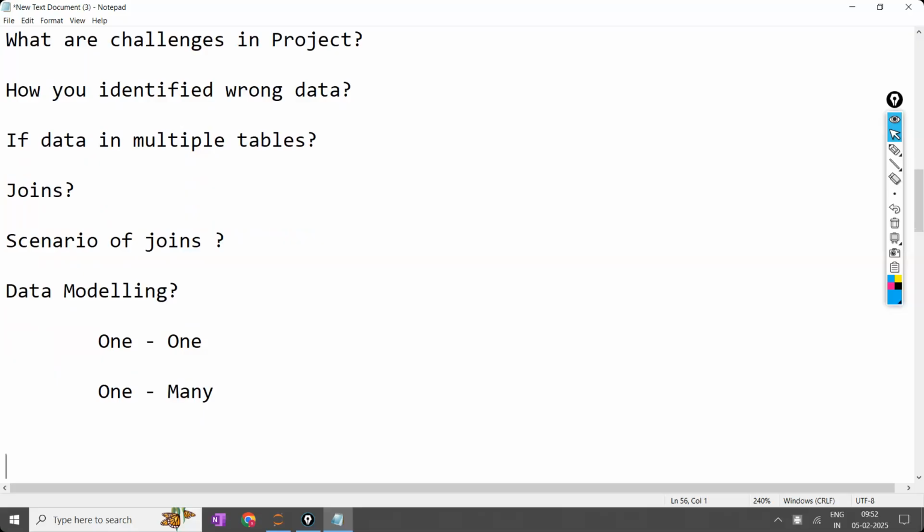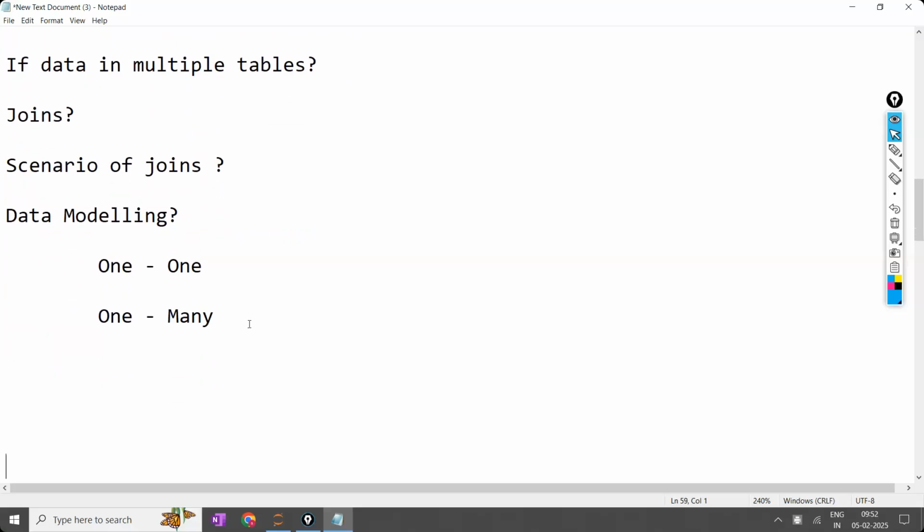Okay. What is an example for one to many? So actor table and then movies table. Okay. So now one actor can have only one movie. This is 1 to many, and many to one. Sorry, and then one movie can have multiple actors. Okay. In your project, what are the projects you have done? In your project, how many dashboards you have created?